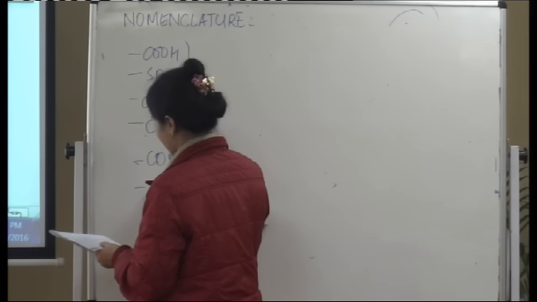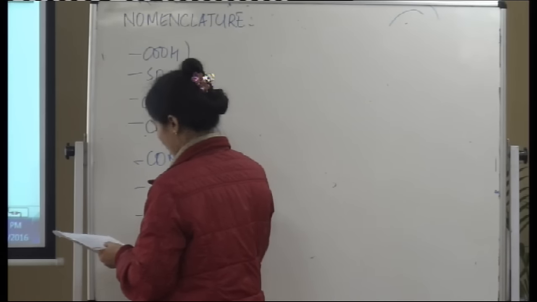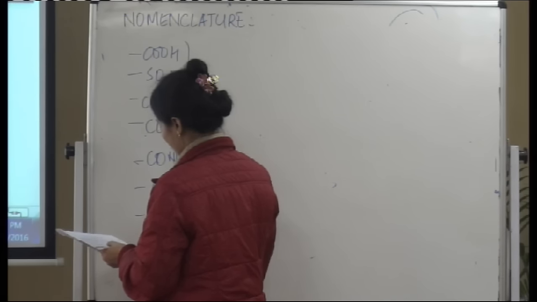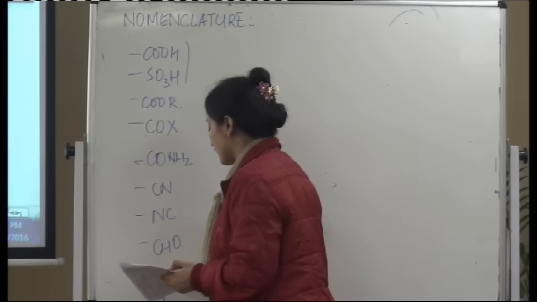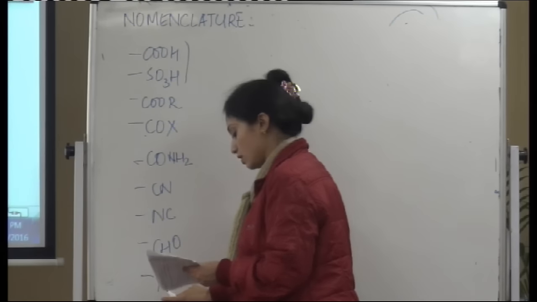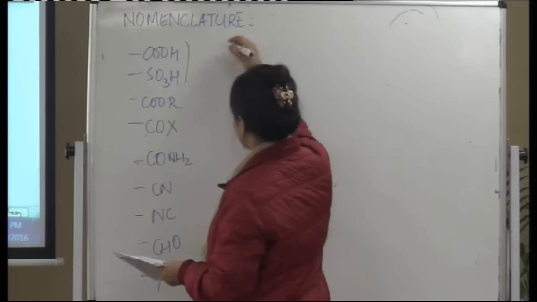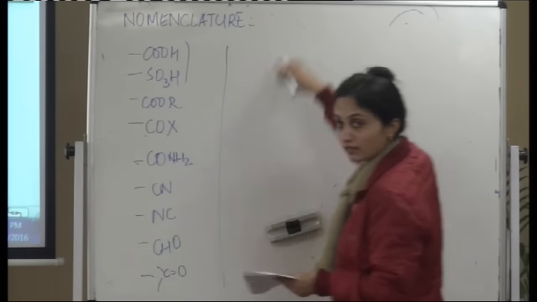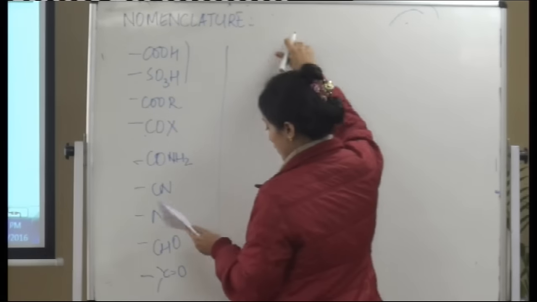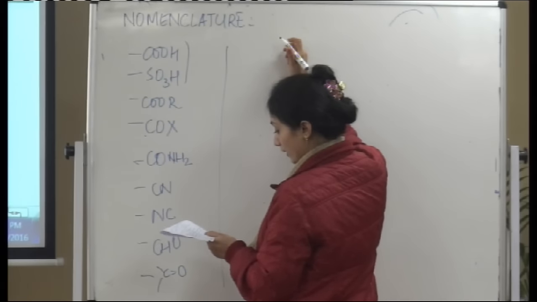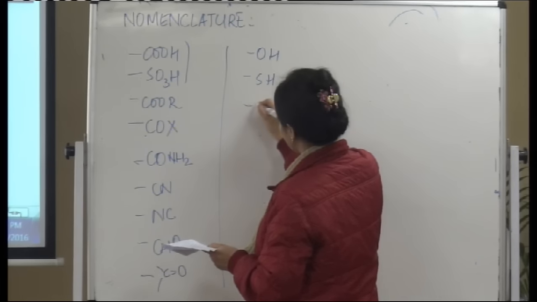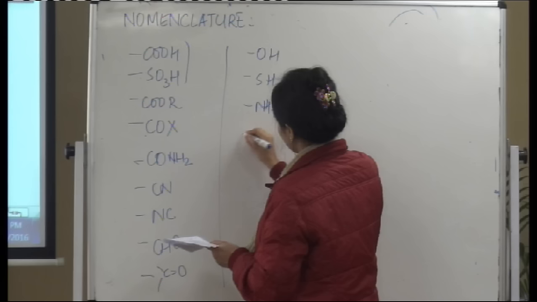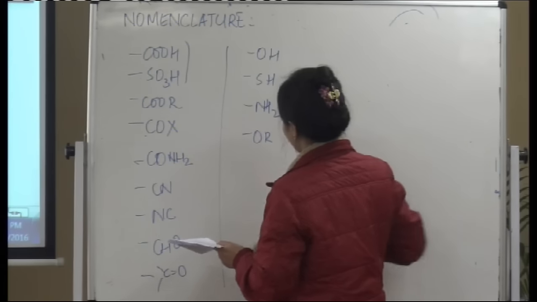Then you have cyanide, isocyanate, then you have aldehydes and ketones, out of which aldehyde is given a preference over ketones. And then I'm just putting the order from here onto the next page. So ketones have a higher preference than your alcohols, followed by your thiols, then your amines, ethers, and then